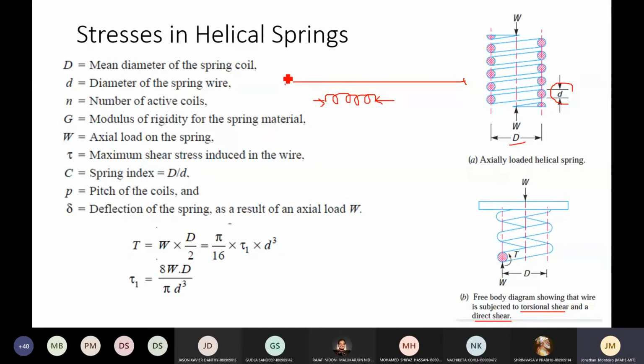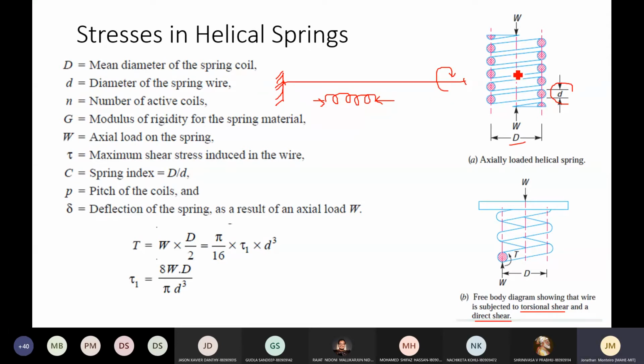So it's like you are holding the spring on one end. What is the equivalent thing you can think of? It is something like a long wire, you are holding it at one end and trying to twist the other end. So that is why it is called torsional shear. The action that a torsional rod or a torsional wire gives, the same action is felt in the spring material once it is plastically wound to give a spring.